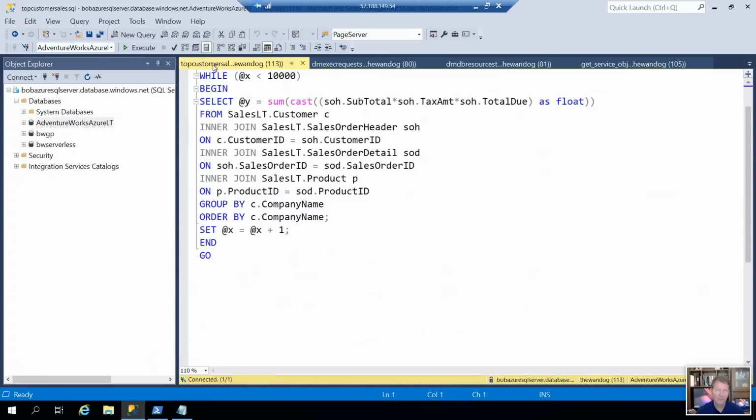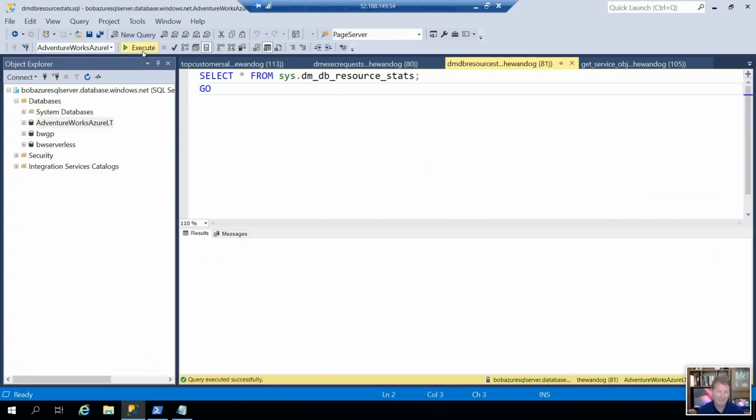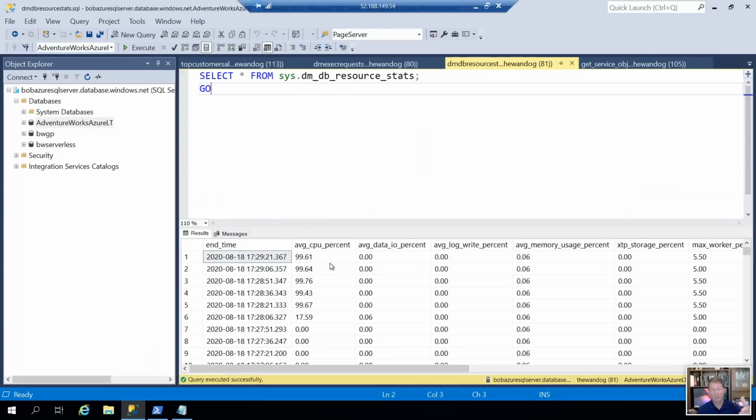Let's take a look at the workload. This is just a join I'm doing on some tables in the AdventureWorks sample database. One little tip, if you're trying to do CPU utilization scenarios: I'm assigning the results to a variable, so I'm reducing the result sets that might come back to my client, and I'm just running this in a loop. So I can continue to monitor and see what's going on. I still see SOS scheduler yield waits, runnable. I go look at DM DB resource stats, run that again here. You can see now, Anna, over several intervals of collection, this is a high CPU utilization situation.